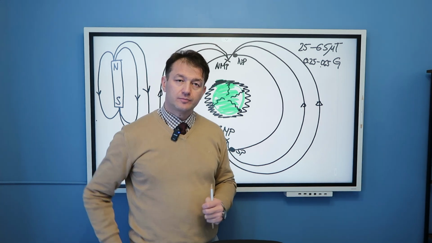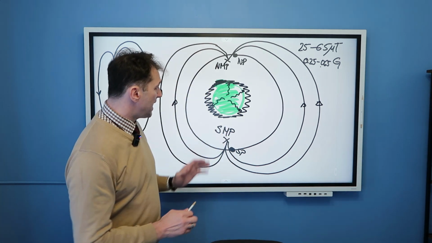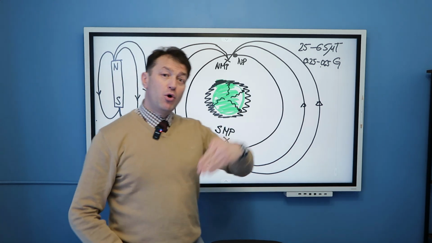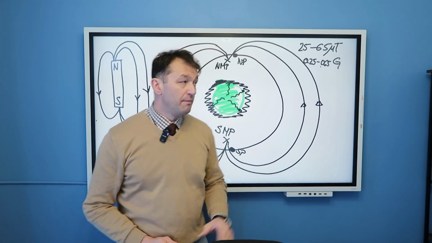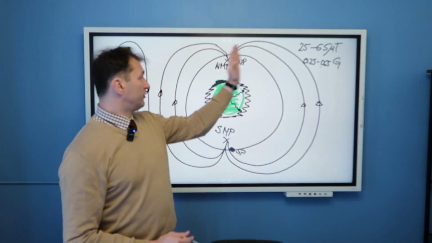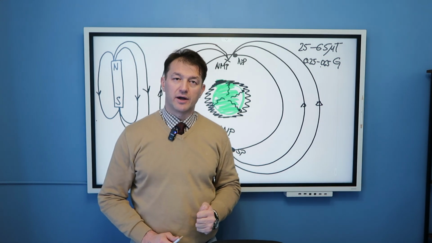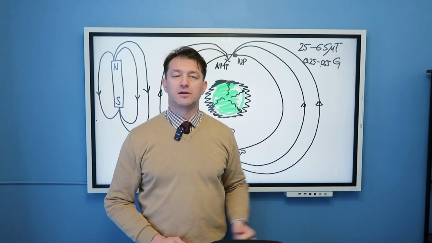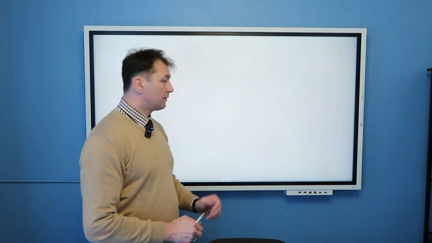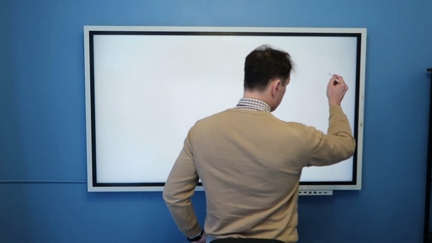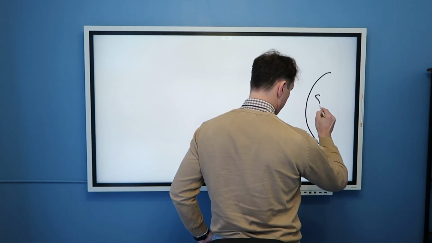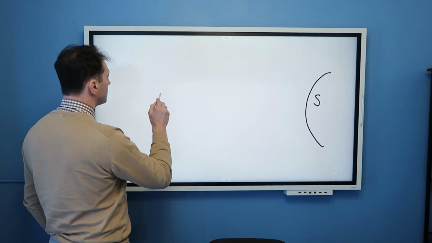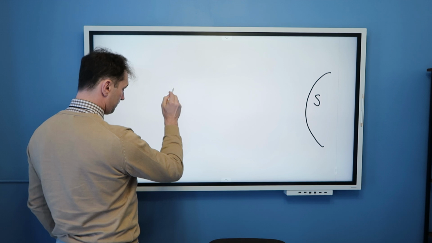Now, what I would like to discuss is how this idealized magnetic field around our planet is modified by the presence of the sun, because in reality this is not how the field lines around our planet look like. Let us see how they look like when we have our star, the sun, close to us. If we have the sun somewhere here, and what I am plotting here is of course not to scale, and here is, let's say, our planet Earth,